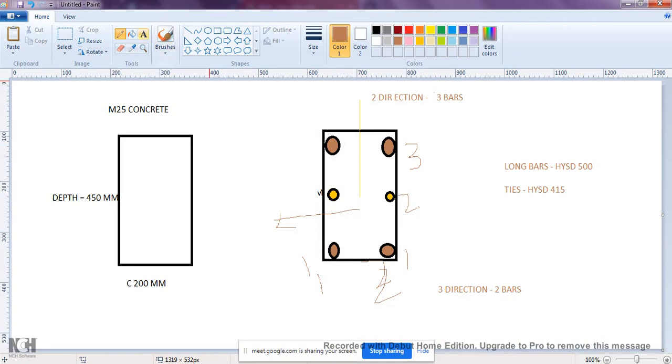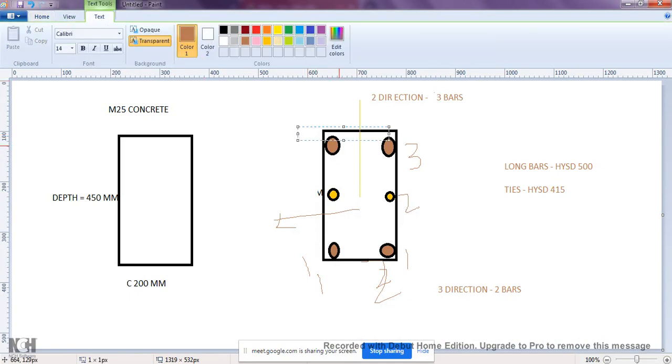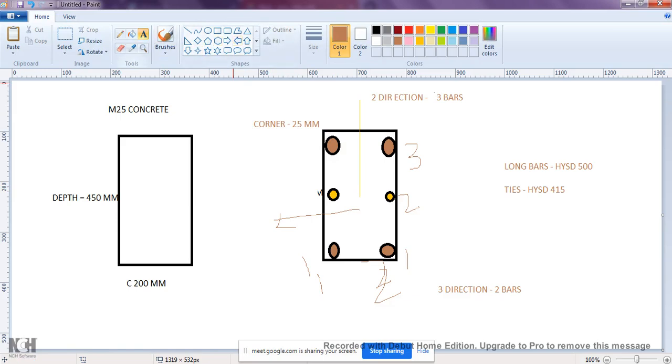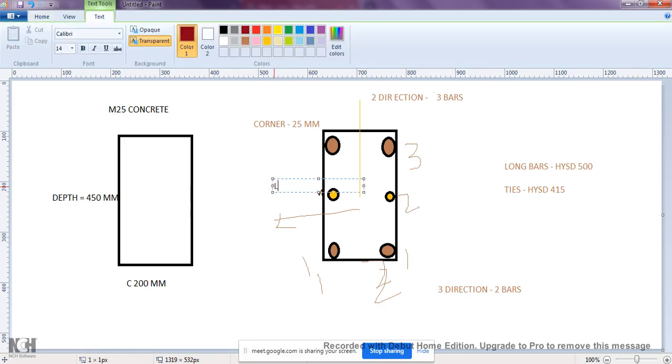Okay. Next it is asking what is the longitudinal and corner bar. This is my corner bar which I showed here. This is my corner. So for the corner I will use say 25 mm bar. And these inside ones are called general, just longitudinal bars, and it is made up of say 12 mm bar.